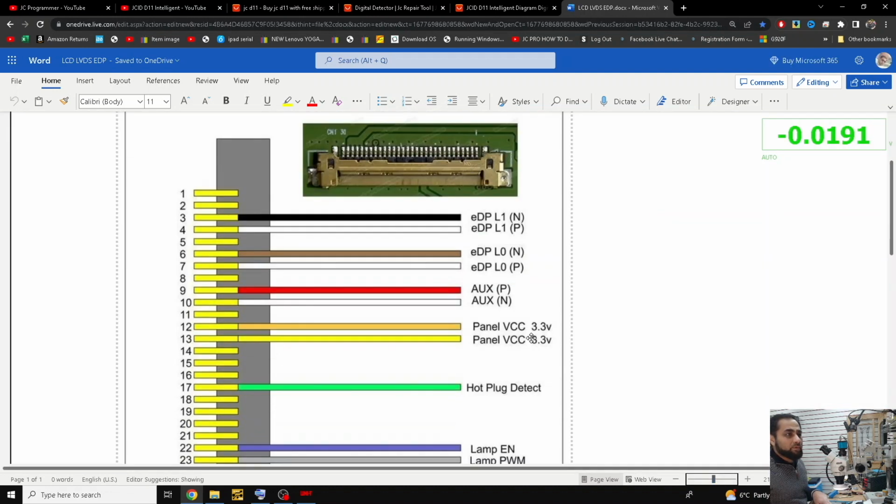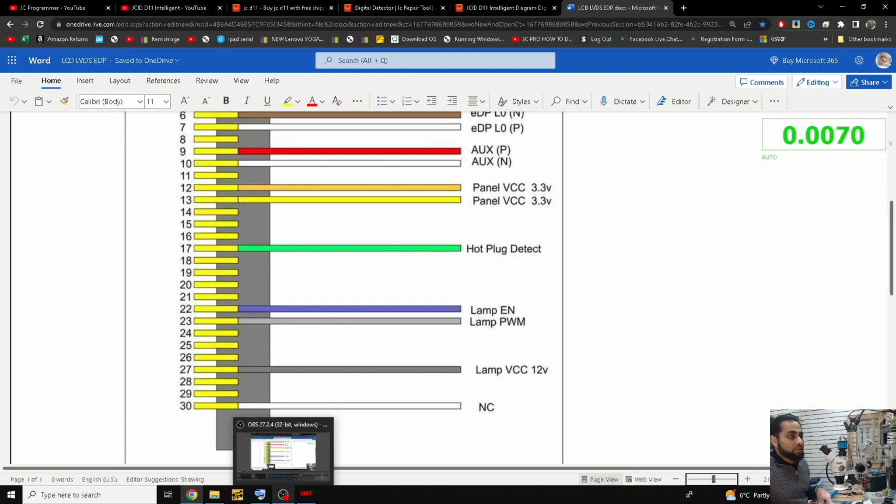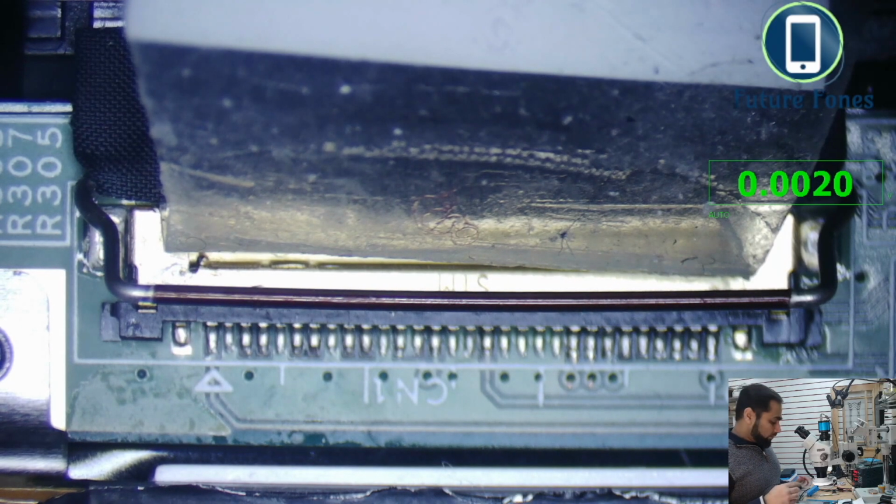So this is our LVDS connector on the LCD. You can see we have some voltages coming here. The ones we are interested in: pin number 27 will bring 12 volt or 13 volt on any of these LCDs, and then pin number 23 and 22 are the lamp enable and lamp power management. So if we go in the microscope, remember 22, 23 and 27. So this is our connector on the